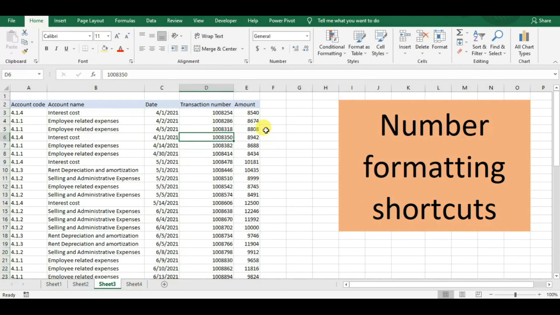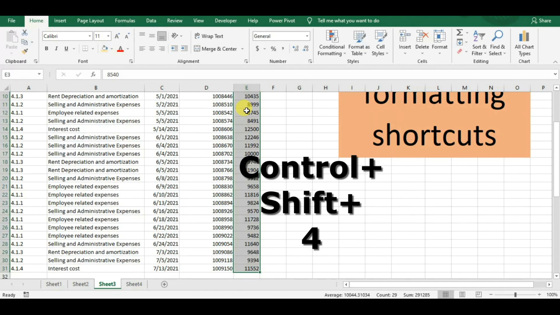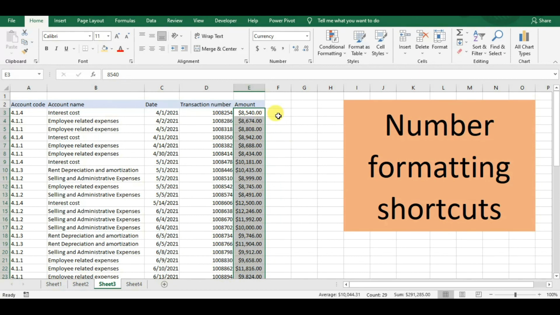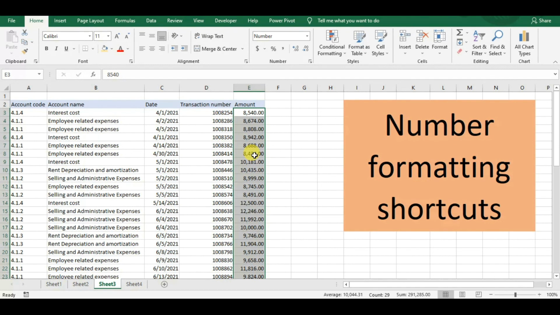Now what about the amount? So, numbers. Let's say we also want to format the numbers with shortcut keys. Again we will select the entire column. We have to press Ctrl Shift and 4 on the laptop, and then it will convert to the particular currency format. Right now the dollar format is reflecting. If you want to convert to number format, we can press Ctrl Shift and 1. It will put a 1000 separator in this number, and it will also give 2 decimal points.